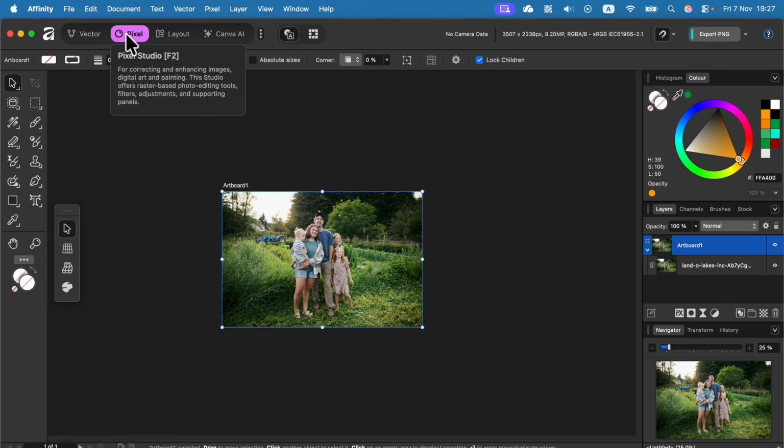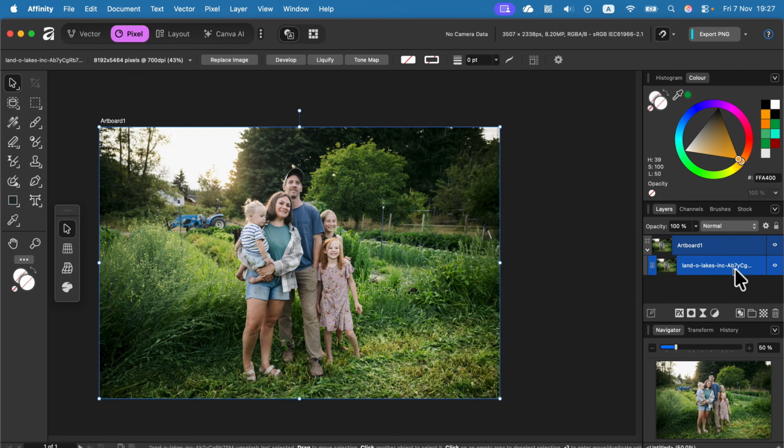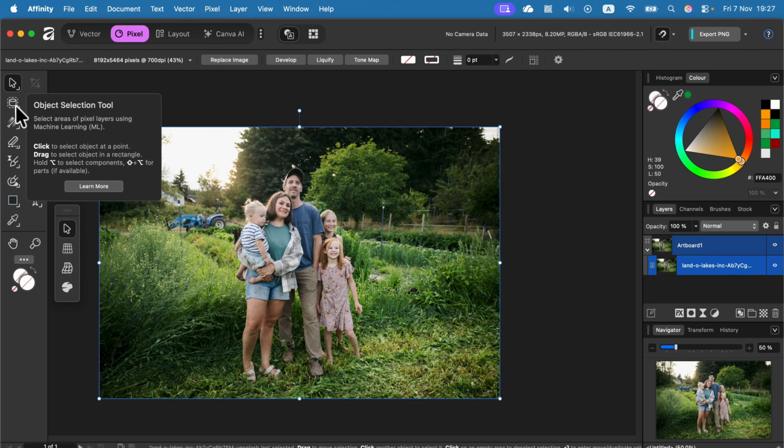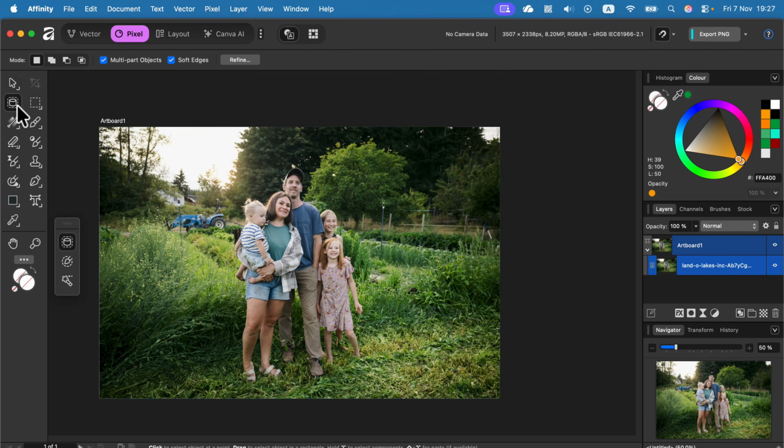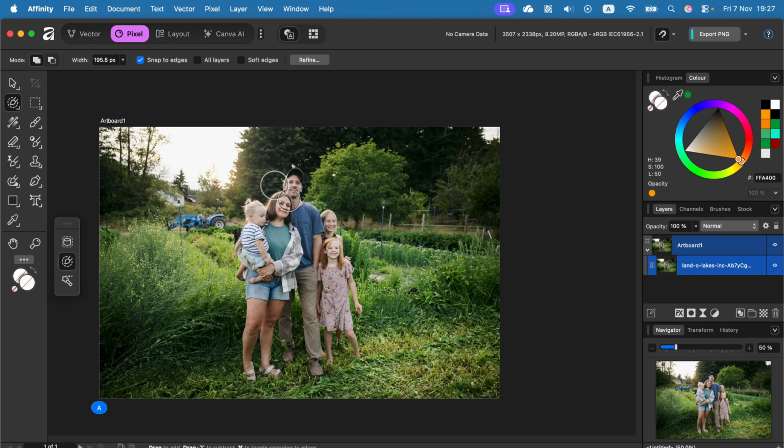The pixel mode is this violet color. And in this mode, we can select pixels from the image. So be sure that the image is selected in the layer panel. And then we can head to our very first tool, object selection tool. This tool will analyze the object for a moment, kind of the subject of your image, and help you select certain objects. You can switch to a brush selection style where you can have a bit more manual control,